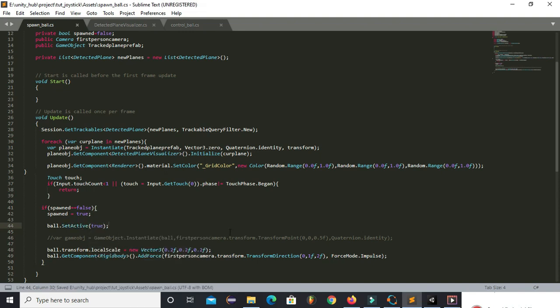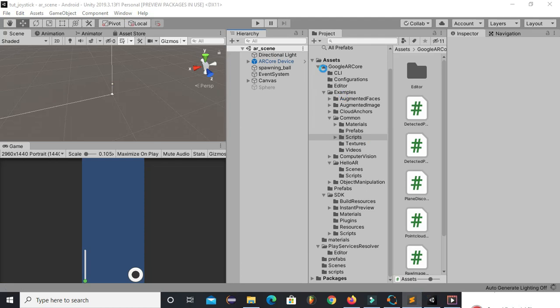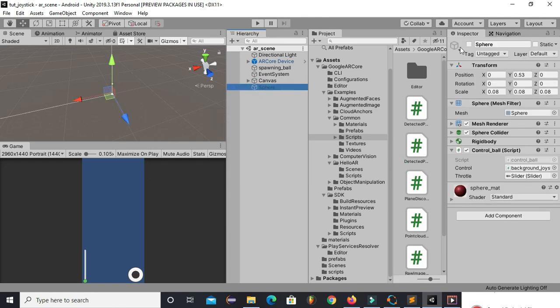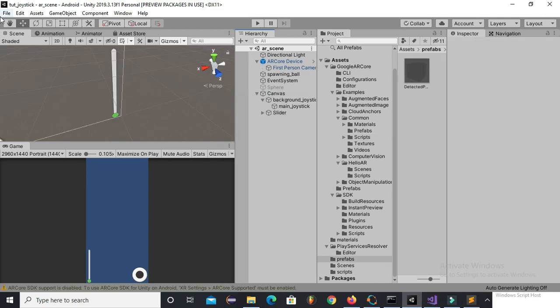Now save this and go back to Unity, and here you can see that the sphere is set to false initially, and we are setting it true from the script when we tap on the screen. So here you can see that it is unchecked, and whenever we tap on the screen, the script which we created earlier will help us set this active to true.